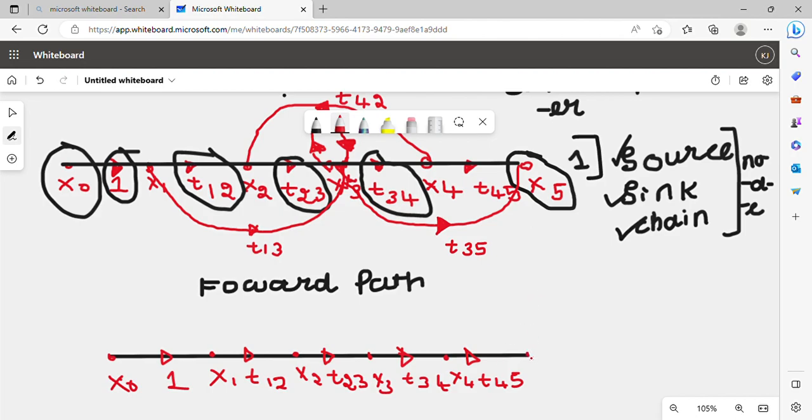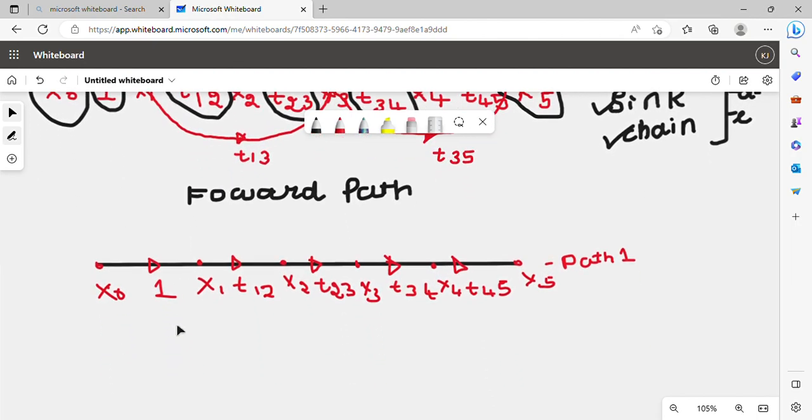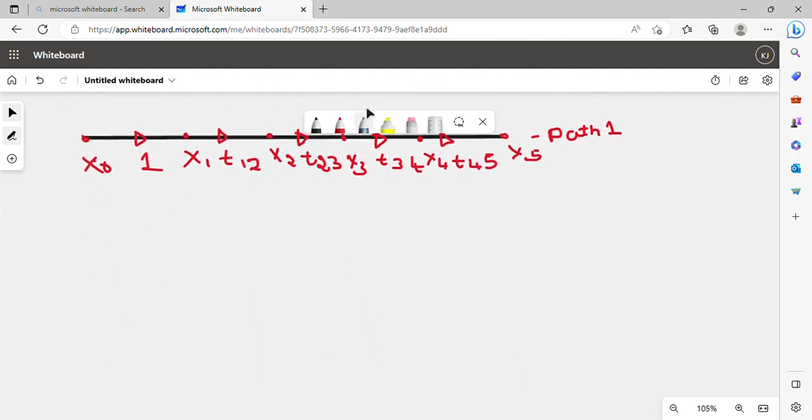So this is my very first path, students. Yes, this is my first path, number 1, my forward path number 1. And if I consider my forward path number 2, it is my